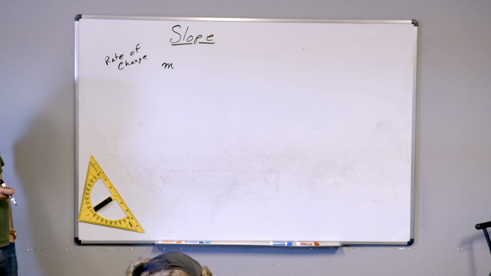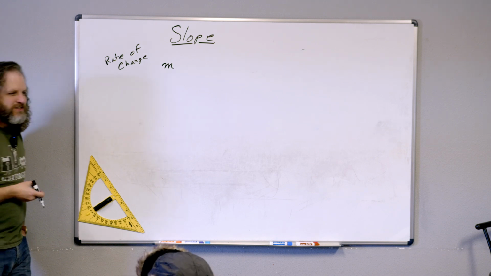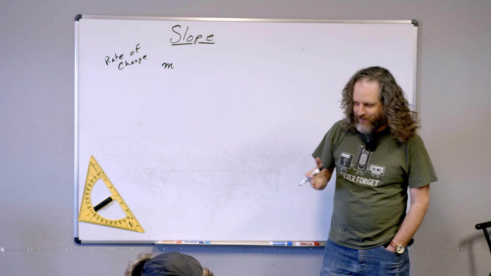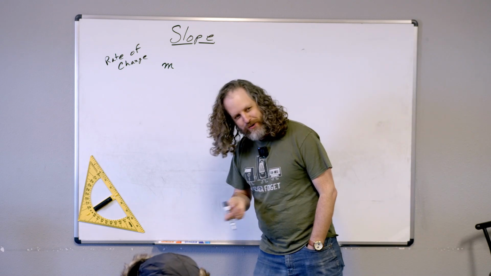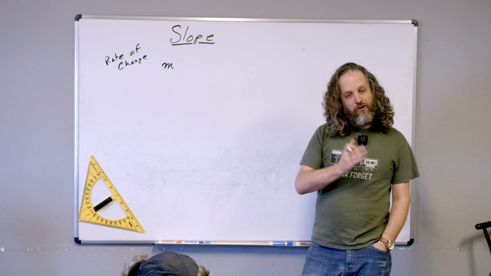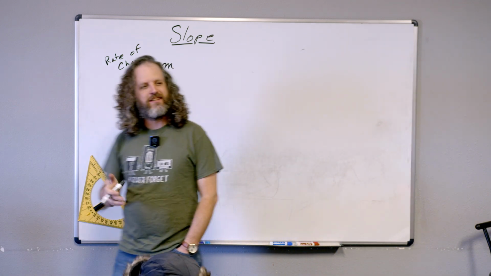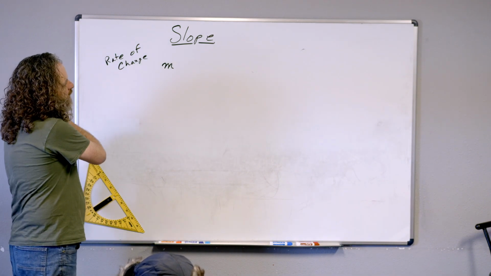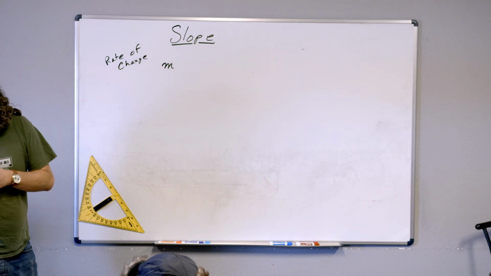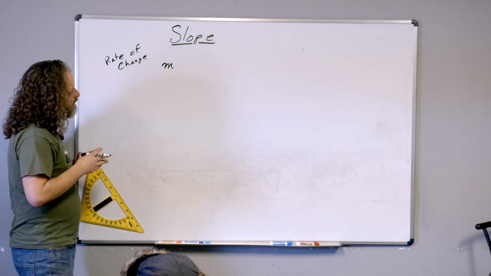Kind of. We're getting closer. So the rate is like how fast. My rate when I'm driving could be 38 miles per hour, right? So rate of change is how fast something's changing, right? That's what it is. So the rate of change, now there is a mnemonic that can help us remember what